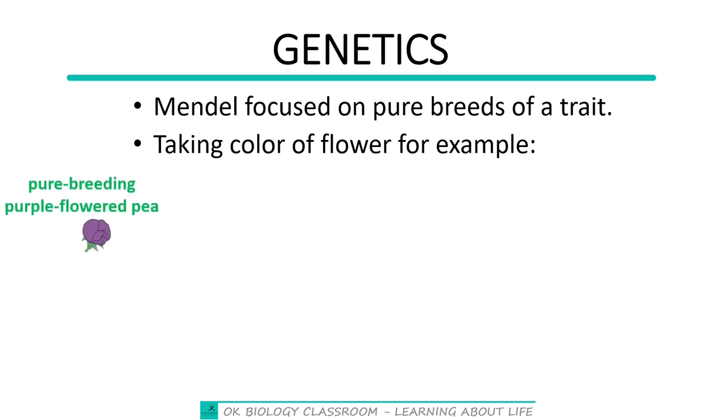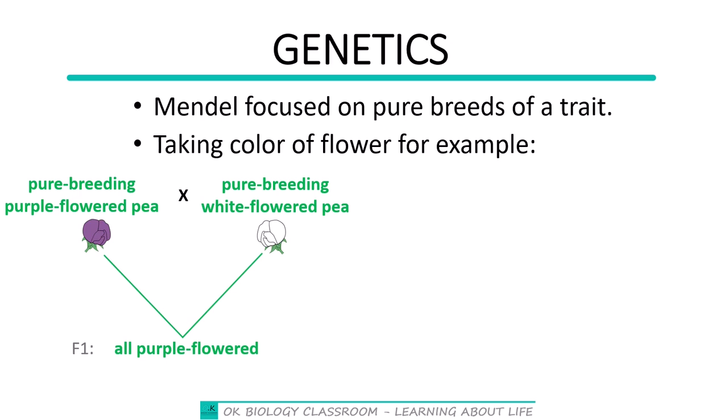Now, when Mendel crossed the pure breeding purple flowered pea plants with the pure breeding white flowered pea plants, Mendel realized that all the offspring that were produced were purple flowered. So like this. Although the cross was between purple flowered pea and white flowered pea, all the offspring appeared with purple flowers. This is the F1 generation, so in other words, this is the first generation from the first cross. So this made the whole thing interesting.